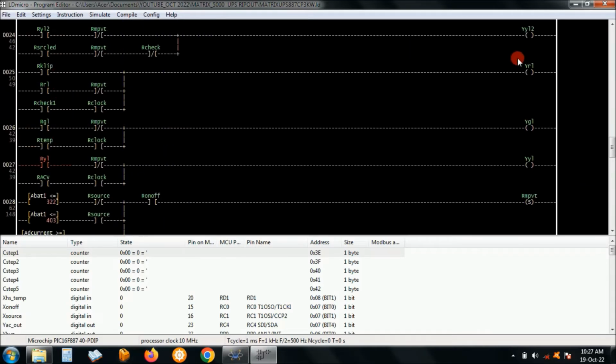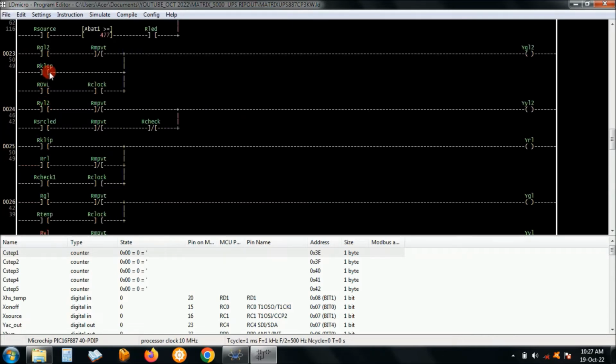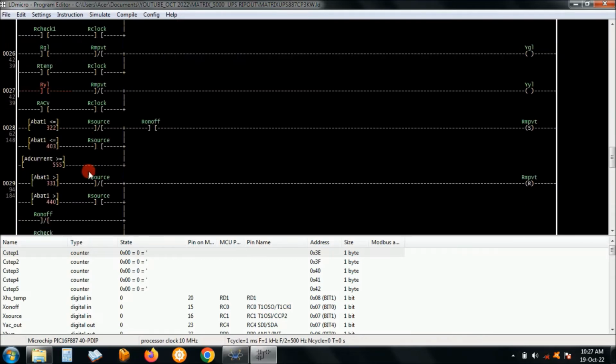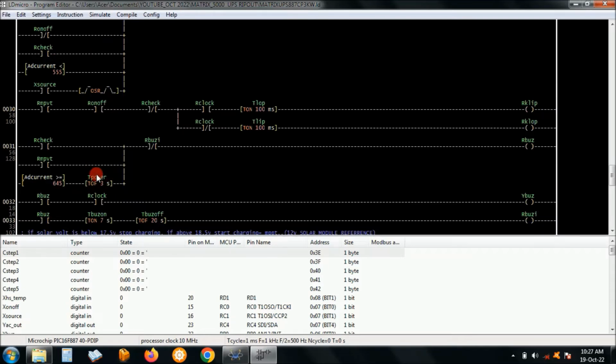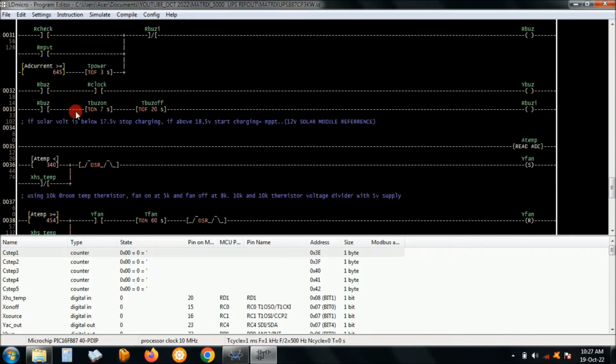They are here. These are the LEDs. So you have your clip here, and then the other is a clop, which is that one, LED number 1 and LED number 5. They will be alternating when you are actually on maximum power voltage tracking, which also checks the maximum power current. Okay, or if it has gone above half. Okay, and then you have a temperature sensing circuit. You have a thermistor. The thermistor is actually an NTC, negative temperature coefficient thermistor, and you also have a thermo switch,